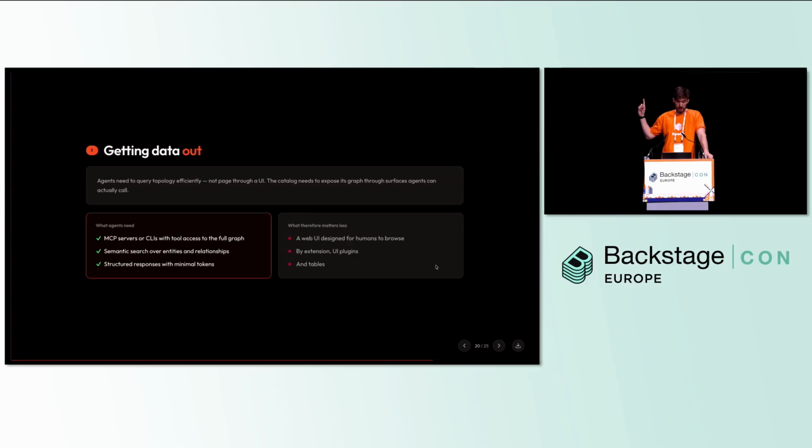What we also found, though, is that in that 100-to-1 ratio that we're now getting with agents, they're not using the UI. The UI becomes much less useful. The plugin ecosystem that we have both contributed to and fostered and been part of for the last few years just doesn't get interacted with that much.